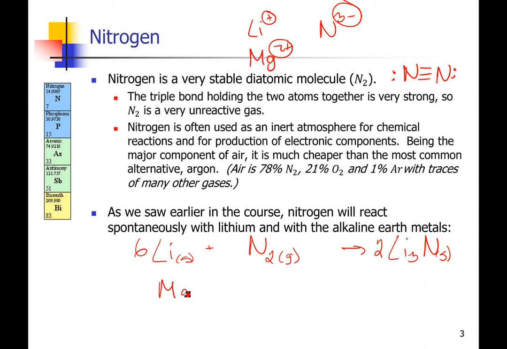If we were going to write the magnesium reaction, we have a +2 charge on the magnesium and a -3 on the nitrogen. So in order for that to be neutral, we're going to need 3 magnesiums for every 2 nitrogens. There's no water around, that's an ionic solid. And to balance that